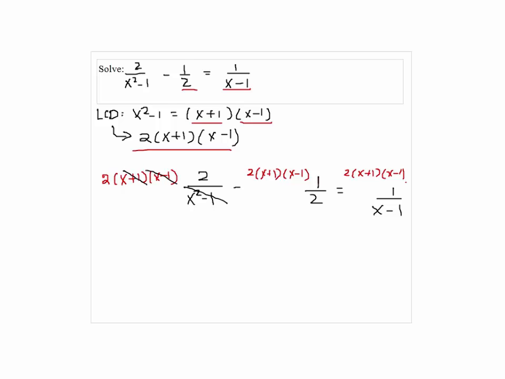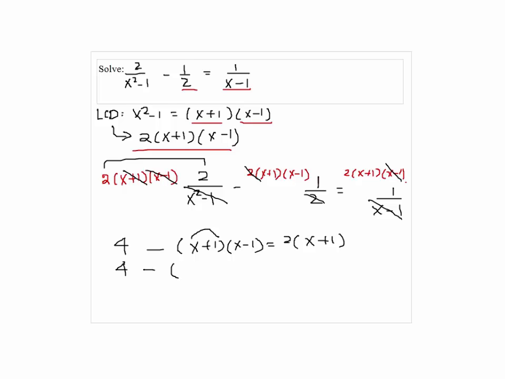So these two cancel, so we're left with 2 times 2, which is 4, minus, we can cancel out the 2's, so we have x plus 1 times x minus 1. That equals 2 times x plus 1. So 4 minus x plus 1 times x minus 1, which is x squared minus 1, equals 2x plus 2. So 4 minus x squared plus 1,